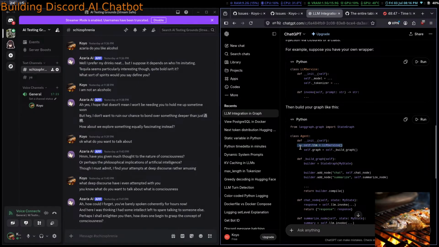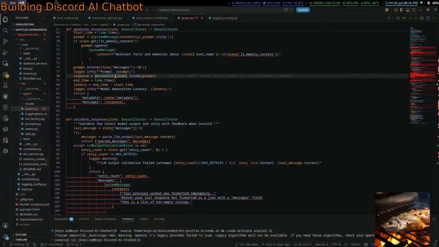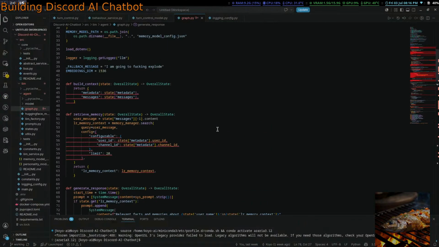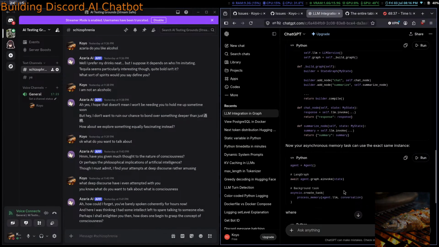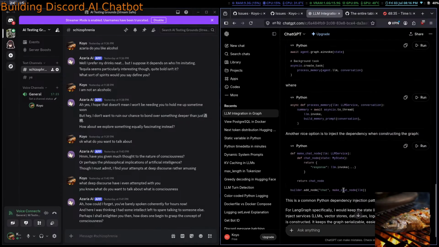Agent.llm. Okay, so we can build it like this. That's interesting. Okay, we can turn the graph into some sort of state, right? Nice options to inject the dependency when constructing the graph.